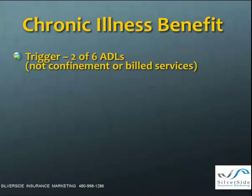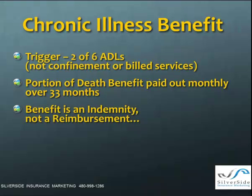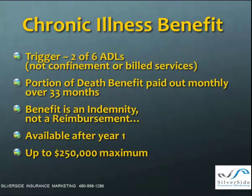Similar trigger to get access to that death benefit. Your client has a licensed physician sign off that they need help with 2 out of the 6 activities of daily living, and a portion of that death benefit is going to be accelerated back without a 1099 to your client for 33 months. This is an indemnity, not a reimbursement. They don't have to justify expenses if their doctor said they need help. They could pay their granddaughter to come over and cook and clean for them. There is a 1-year waiting period on this, and the maximum accelerated back to the policyholder for chronic illness is